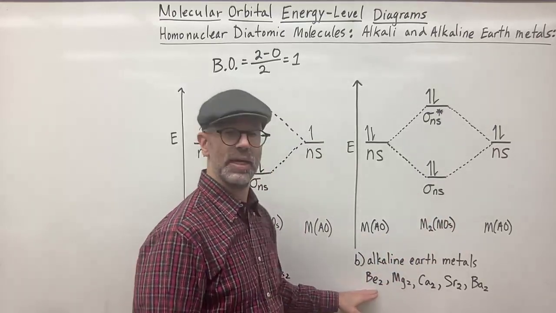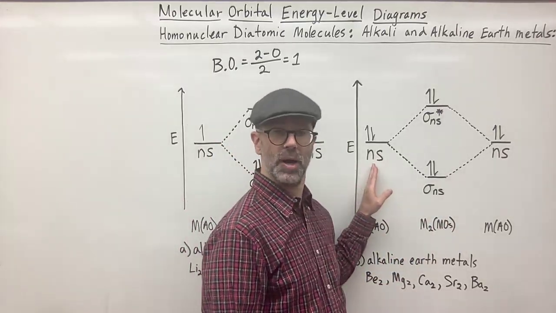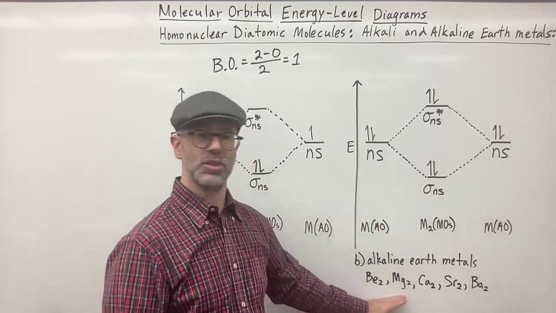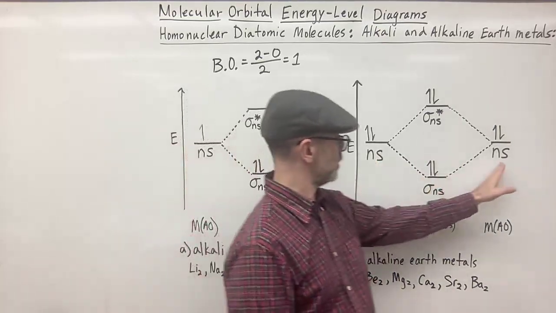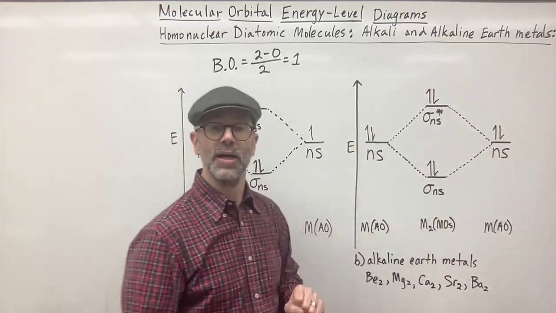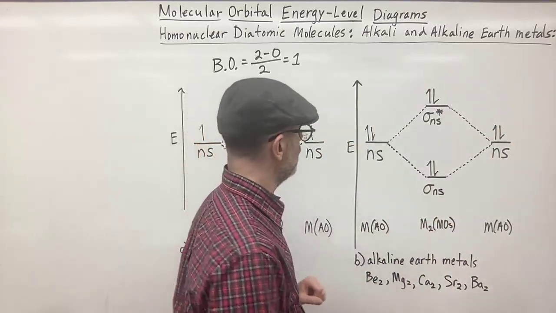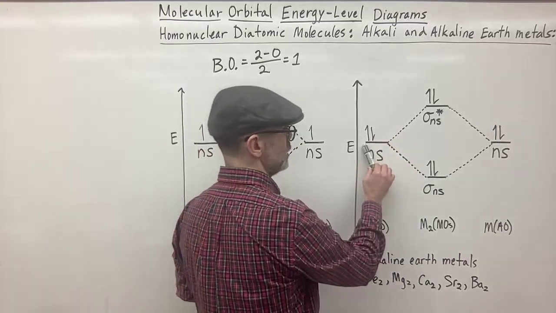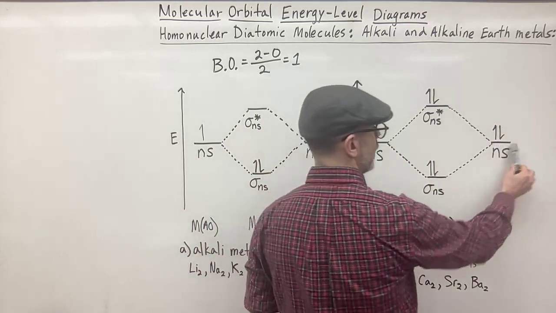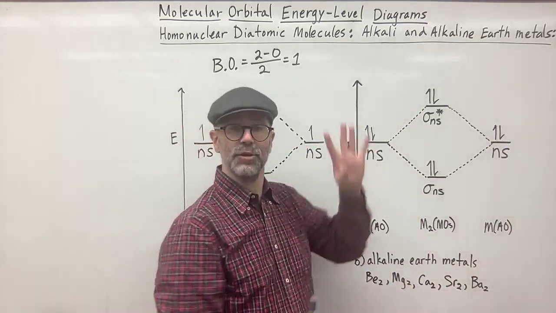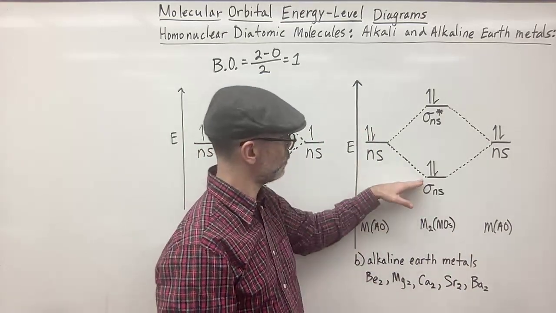So for Be2, these would both be beryllium, Be and Be. If it was magnesium 2, this would be magnesium, and this would be magnesium. This applies to all alkaline earth metals. So you see here that since we have two valence electrons in this atomic orbital and two valence electrons in that atomic orbital, we're going to have a total of 4 valence electrons to fill in the